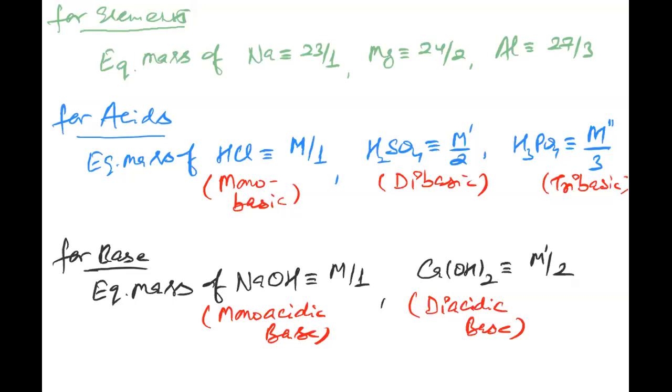For HCl, it is M by 1, H2SO4 it is M dash by 2. In the case of H3PO4, it is M double dash divided by 3. And similarly, in the case of bases, NaOH or calcium hydroxide,